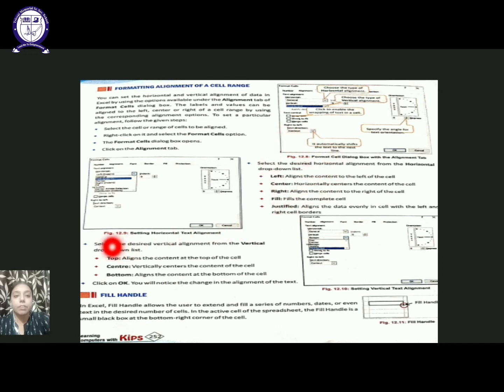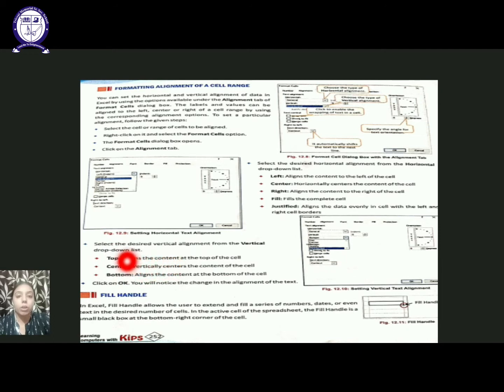And here we have the vertical alignment, which is present in the format cell dialog box, in the number tab, under the category. Here we have the alignment tab. The number tab was for the earlier formatting. When we are doing the alignment, we have the second tab which is known as the alignment tab. And while clicking on the alignment tab, you will see 2 options. One is horizontal, which we have discussed just now, and one is the vertical, which we are discussing. It has 3 options: top, center, bottom.